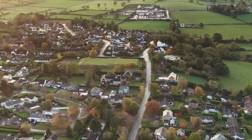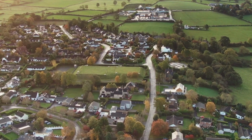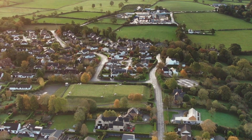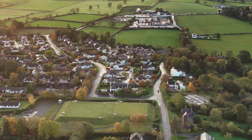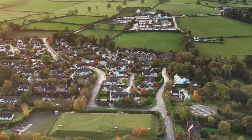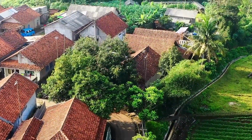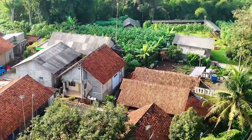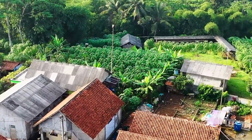The basic idea of Feng Shui is to introduce good energy to your house. And if you have the opportunity, you can search for the best location of the house. You can select the best geography, the best mountain or water. We select the best city and the best neighborhood. And once you decide the location of your residence, we want to make sure the good energy can flow into